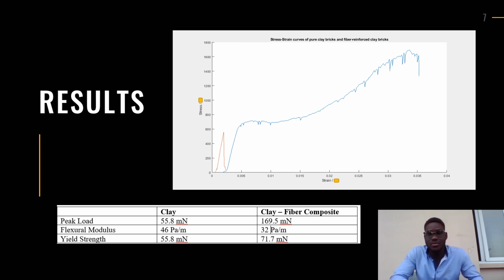So as we can see, the blue one expands over more surface area, it's more tough and things like that. And the red one is just a small part of the graph. The next one we'll be talking about is the tensile test that we performed